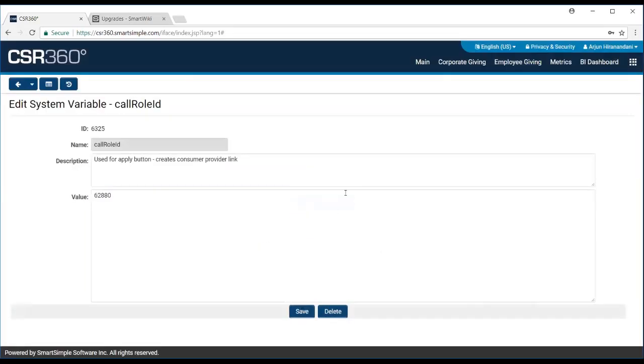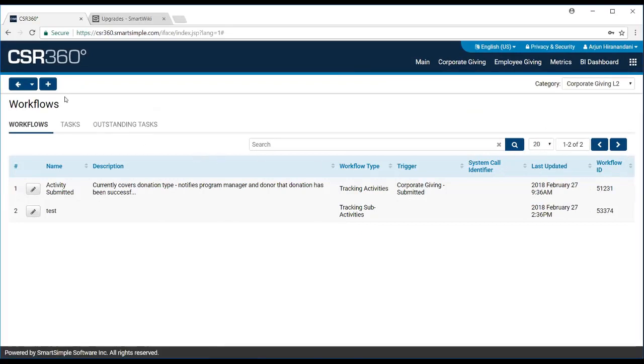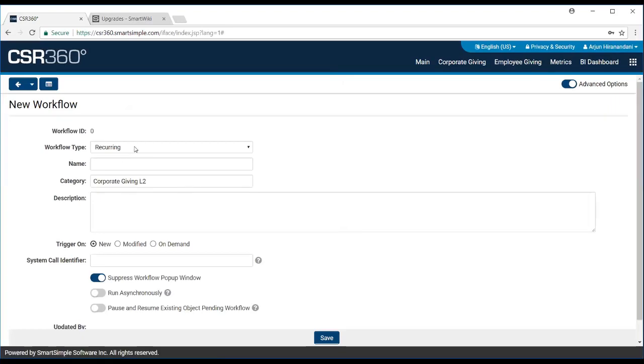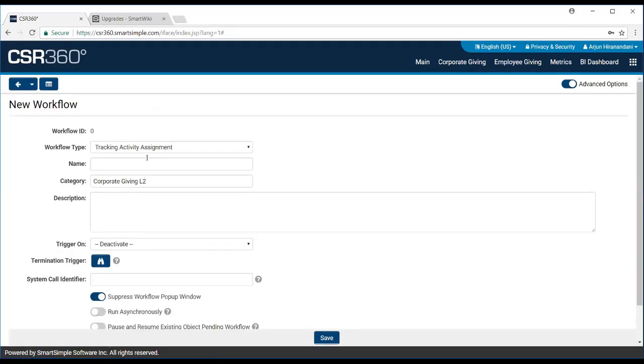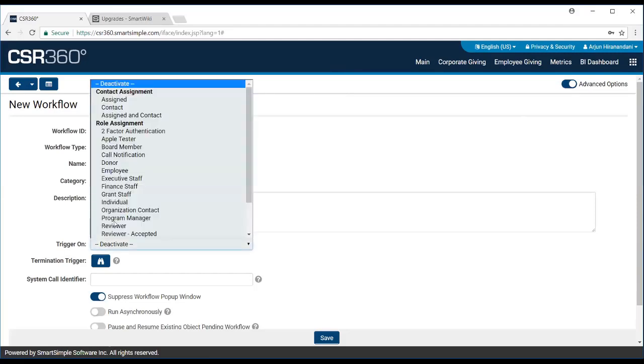Moving forward, we enhanced the trigger when option for a workflow type called tracking activity assignment. So before the upgrade, there was a workflow called tracking activity assignment. If I go to my workflow drop down, I have a workflow of type tracking activity assignment. Before the upgrade, the trigger on for this workflow was only limited to assign section, contact section,